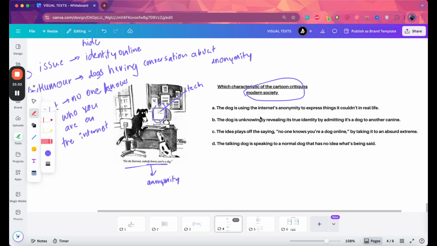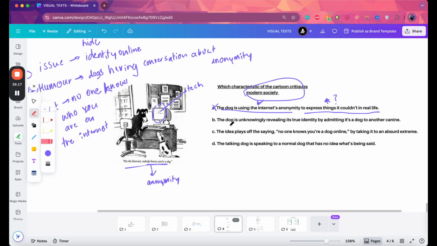So the first part of this seems correct. The dog is using the internet's anonymity, yes, but there's nothing to suggest that he's expressing things he couldn't do in real life. He just says that, well, on the internet, nobody knows you're a dog. So I'm going to eliminate this one for now,